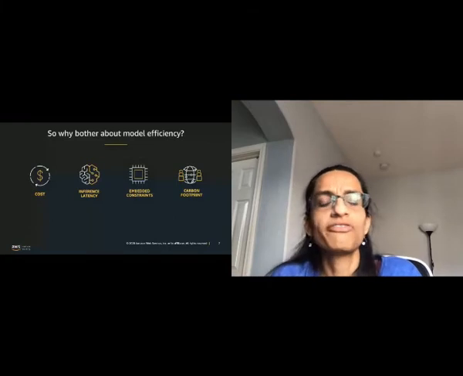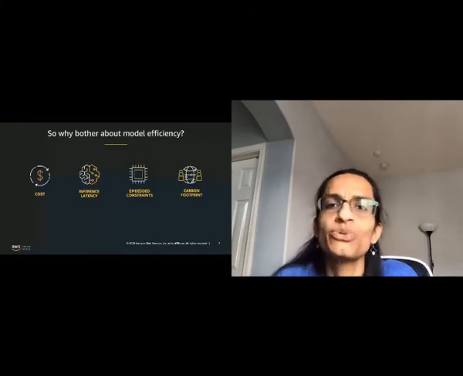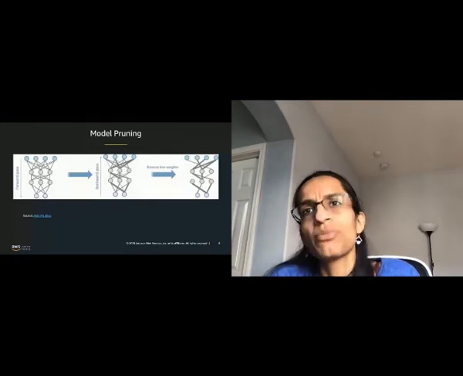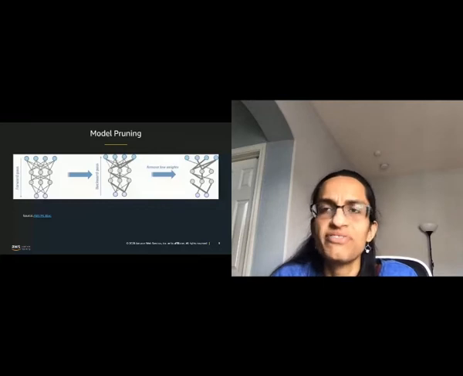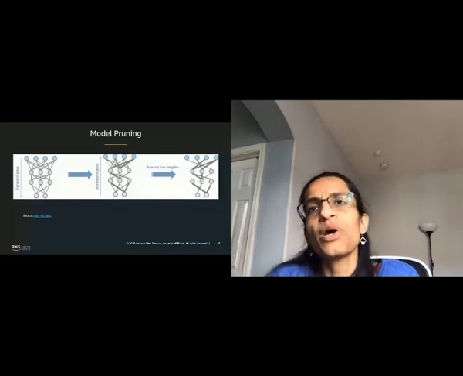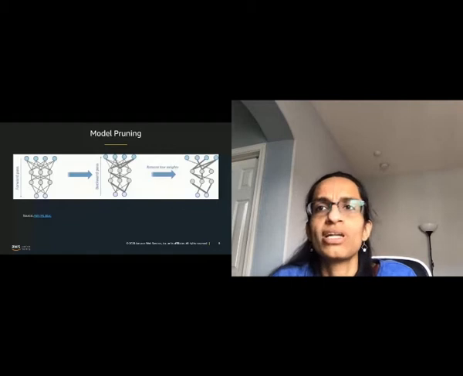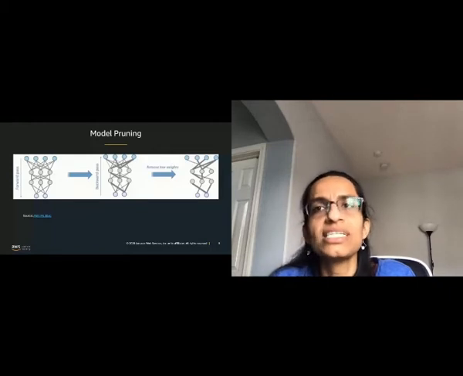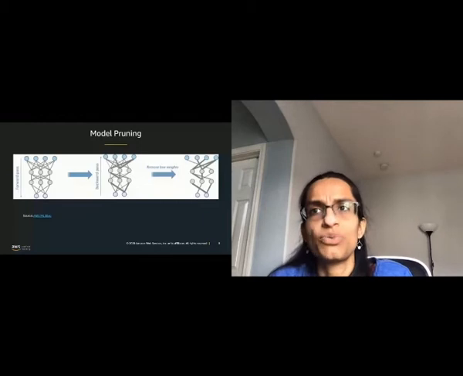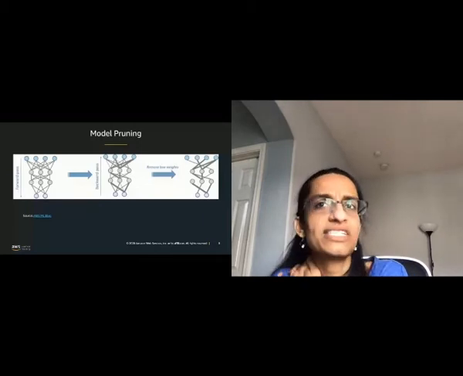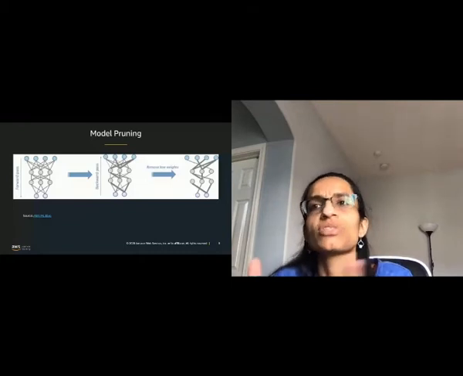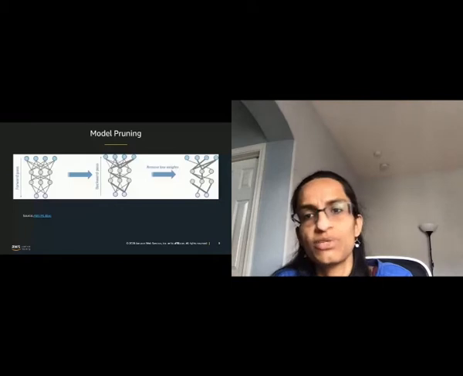I'll touch upon a few strategies that are used to achieve this model efficiency. A larger model means more memory references and more energy. One of the techniques used for achieving model efficiency is what we call model pruning. Pruning is a technique where we increase the model sparsity by zeroing out insignificant weights. There are many different methods of identifying insignificant weights, and one example is to use the L1 norm to determine insignificant weight groups.